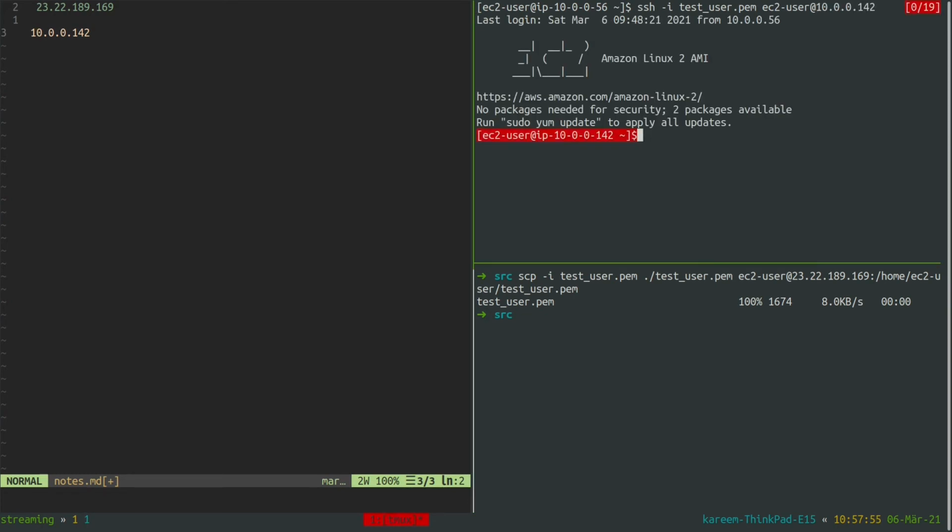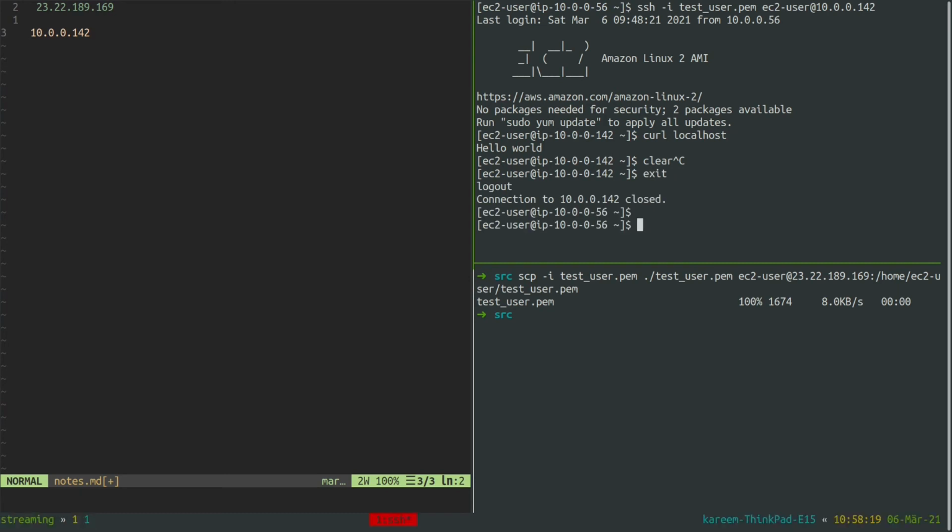Alright, so right now I am on my private EC2 instance, and we are also using the same user data, so I should have a web server running on it. If I try curl localhost, you can see we have our web server running correctly, and we can even access this web server from the public EC2 instance. So if I go back to the public EC2 instance, now I am on my public EC2 instance here, and if I try to make a request to this private instance,